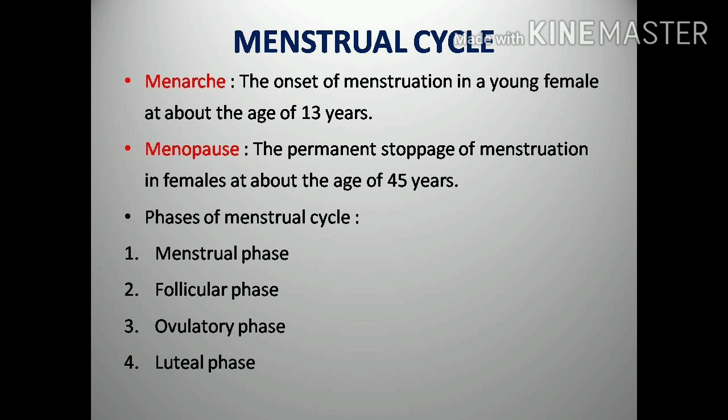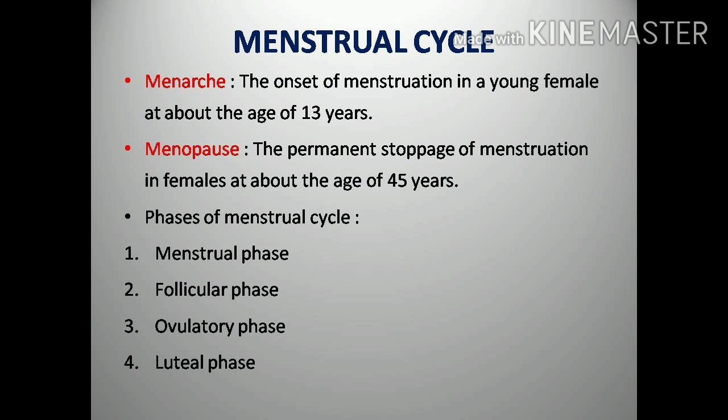Here, the ovulation process takes place on the 13th or 14th day. On the 13th or 14th day, when this Graafian follicle ruptures, the egg is released. That takes place in the ovary region, and in the wall of the uterus region, the supply of the blood is increased. The wall of the uterus becomes a little bit more thick.